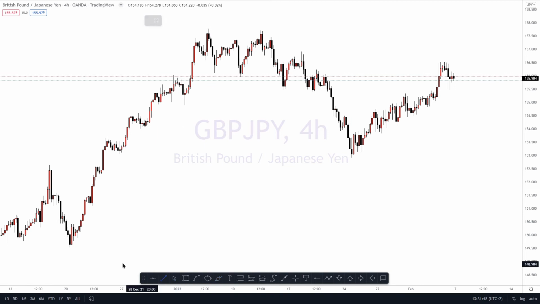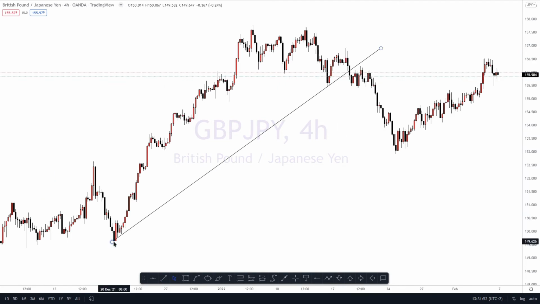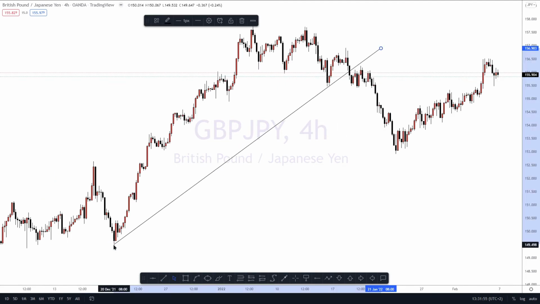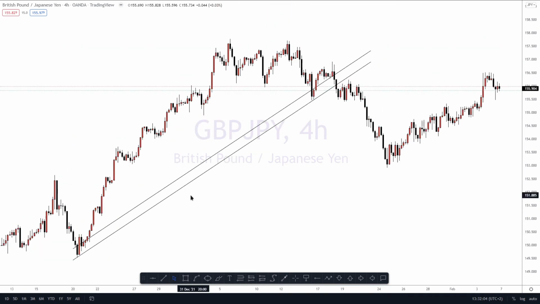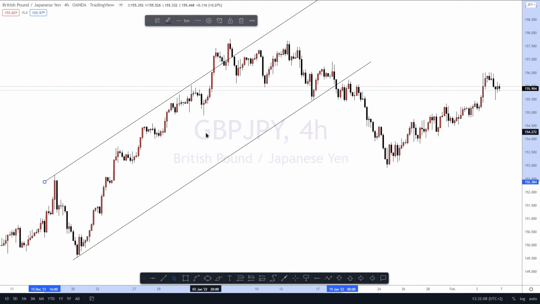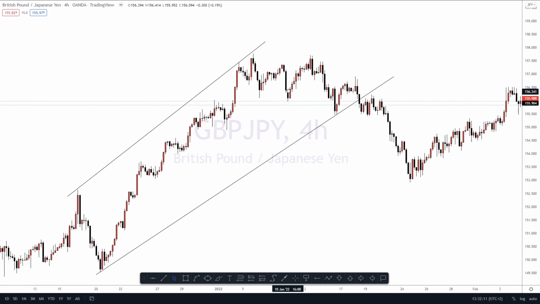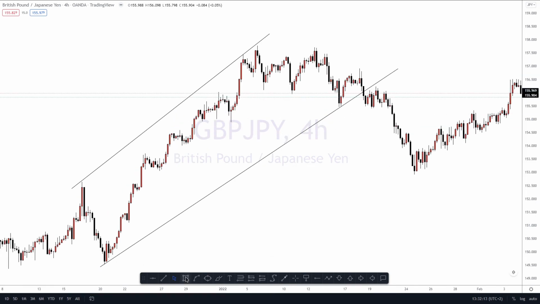So what you're going to see is that it got a bit of an ascending channel right there, and price played to the downside, giving us more sell opportunities. We're able to take advantage of those sell opportunities. And as I said, it was just like CAD JPY. We had a bit of a consolidation. After the consolidation, we broke to the downside.